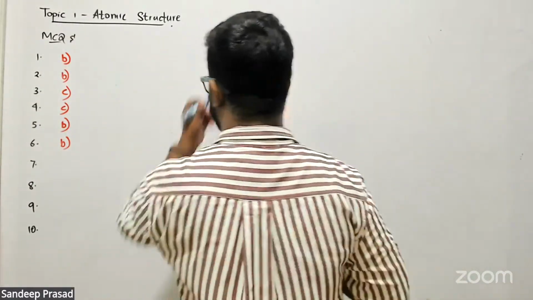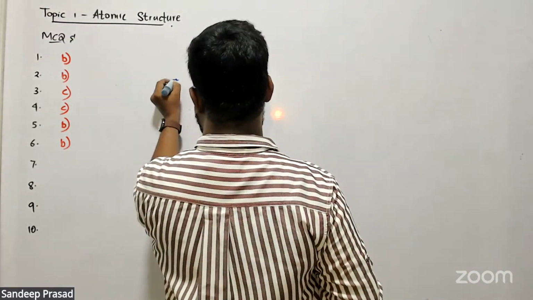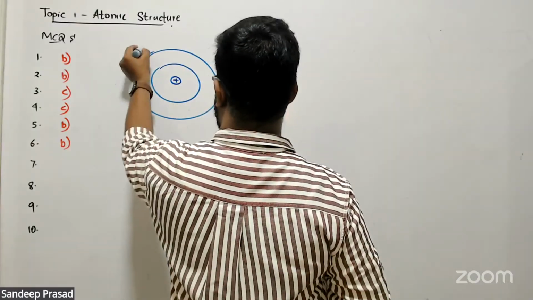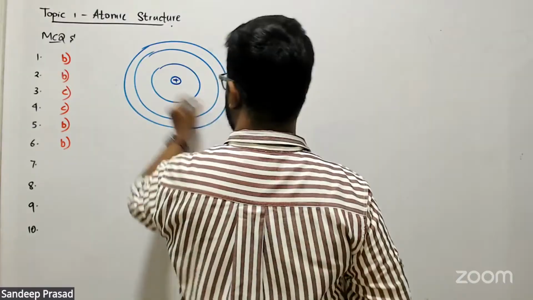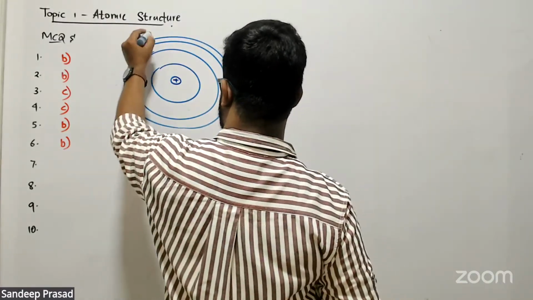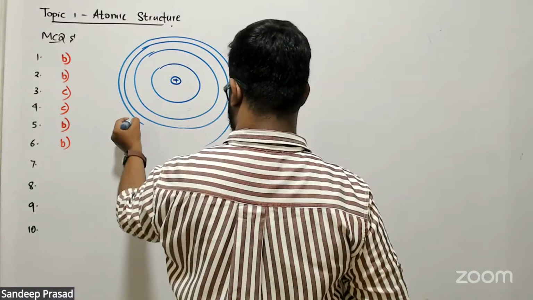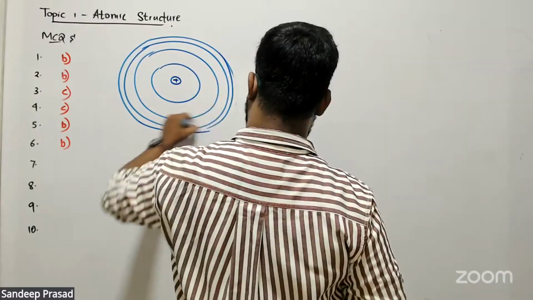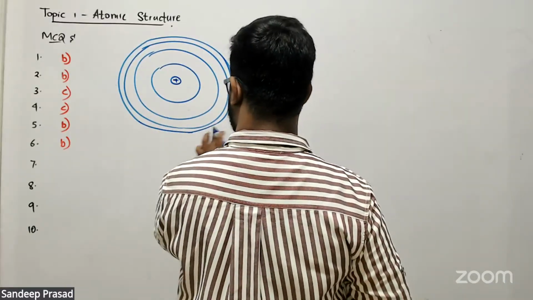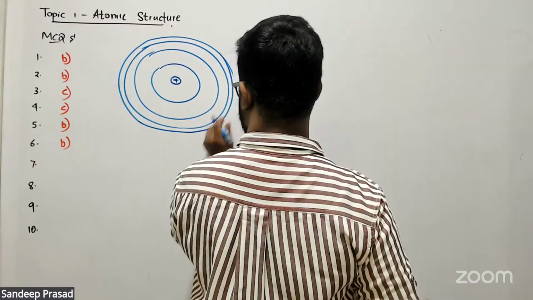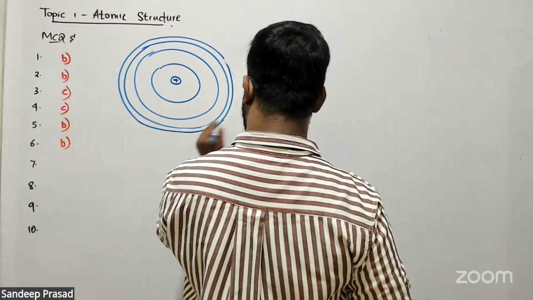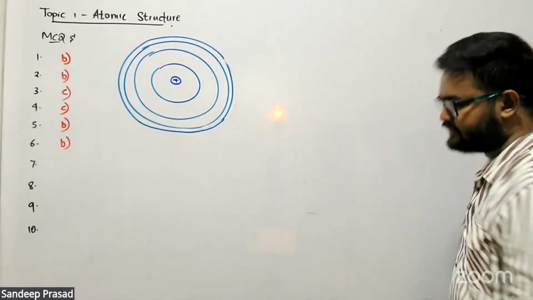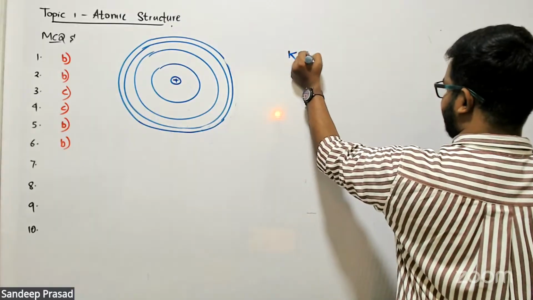Now students, we know that around the atomic nucleus, there are some energy levels. That means electrons are revolving around this nucleus in certain energy paths, like this, right? In this way. In O-level time, you name them as KLMN, isn't it? You name energy levels as KLMN,